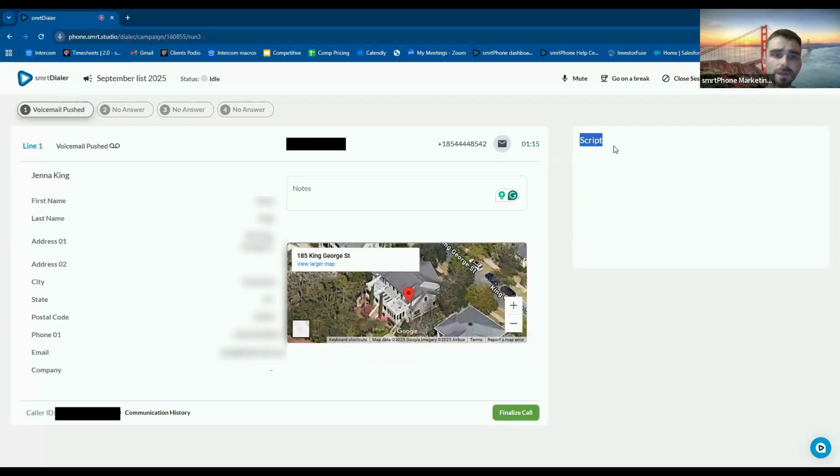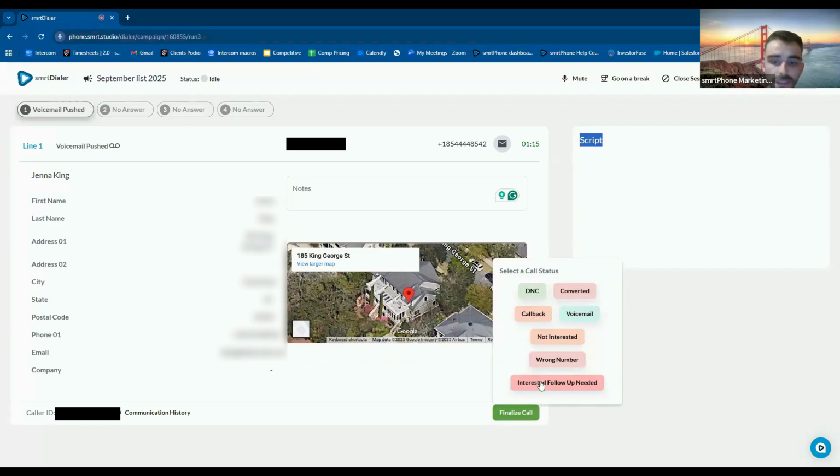Towards the right, we have the call script. I did not set up one, but if I would have, this is where it would be displayed. So the whole set of questions or the whole guideline. And then finalize call will be the button that you press once you're done to disposition the call and move